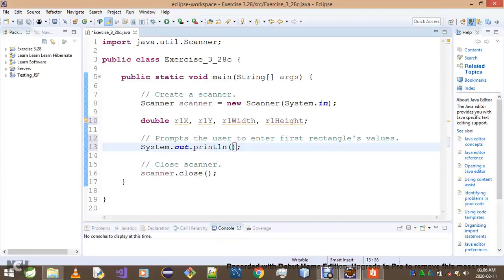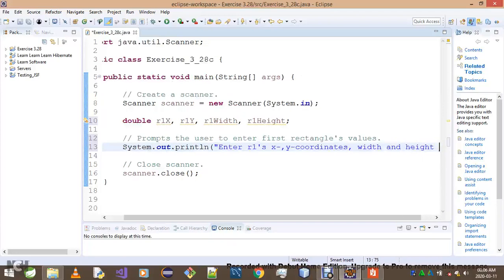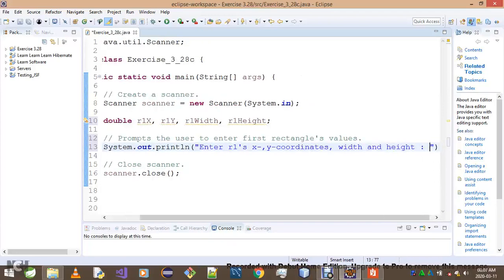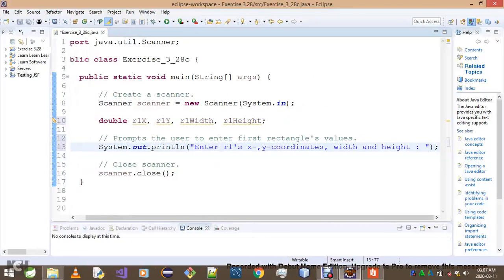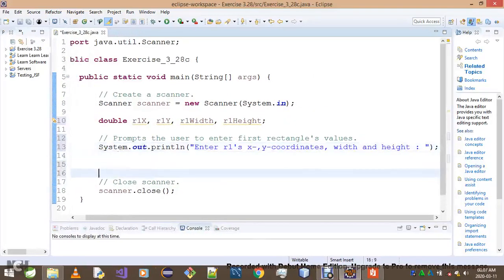Okay, so I said what we'll be doing here, we'll simply go: enter r1's x, y coordinates, width, and height. Perhaps I should have said, and height. Let me make sure I have enough space. Okay, once I do that, of course I would have to